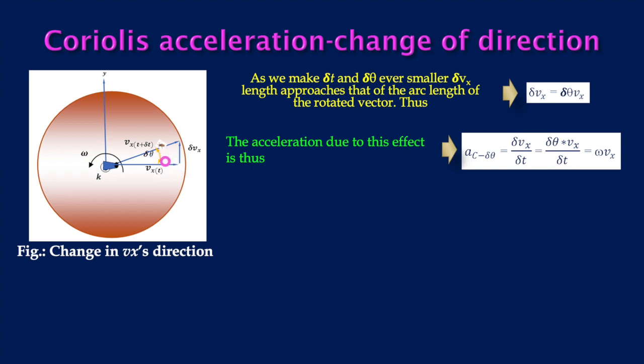Why is the direction changing? Because due to this del t time, the disk is rotating by del theta amount. So initially Vx was in this direction and finally Vx is in this direction. Here we consider that in both cases the magnitude of this Vx is the same, but there is a change of direction. This change of direction is del Vx. As this is a small angle, definitely this del Vx is perpendicular to Vx, or it is in the direction of j.